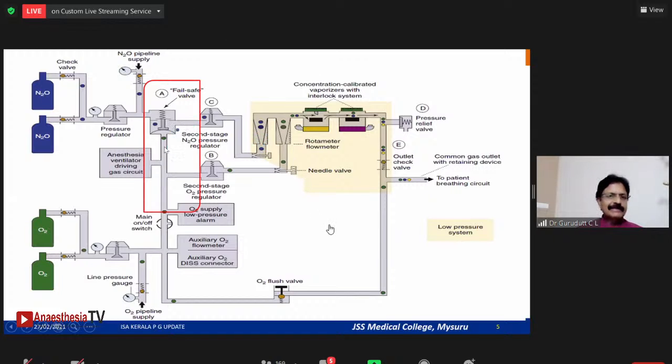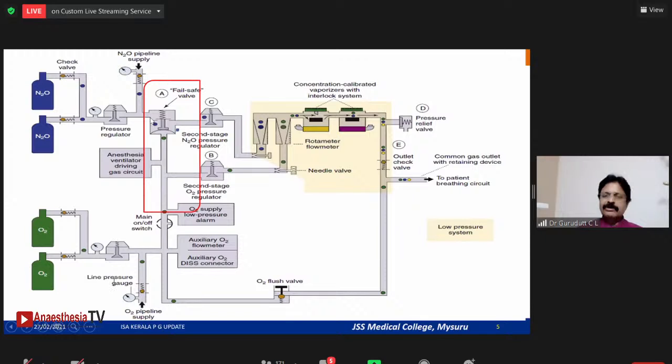The oxygen is connected here. For opening of nitrous oxide flow, the oxygen pressure has to be there. Only because of the oxygen pressure into this fail-safe valve can nitrous oxide flow out into the second stage pressure regulator or into the